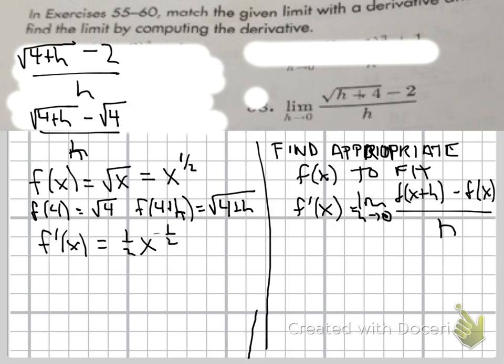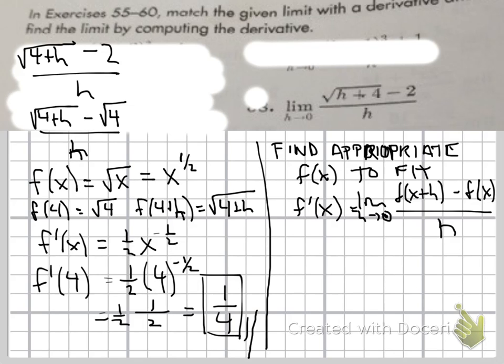And more specifically, we want to know the derivative when x is equal to 4, right? So I'm going to take 1/2, and then it's going to be 4 to the negative 1/2 power. 4 to the negative 1/2 power is 1 over 2,